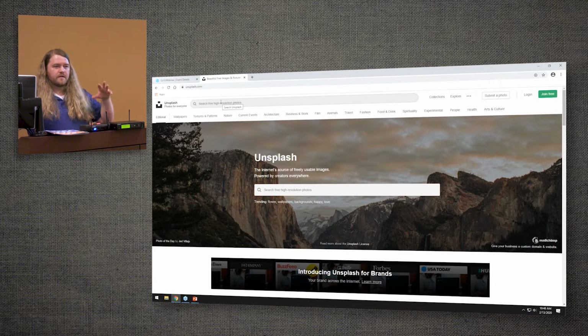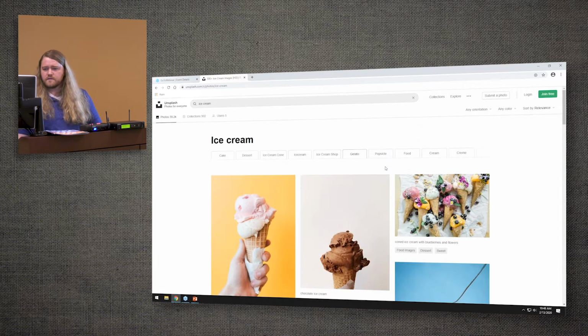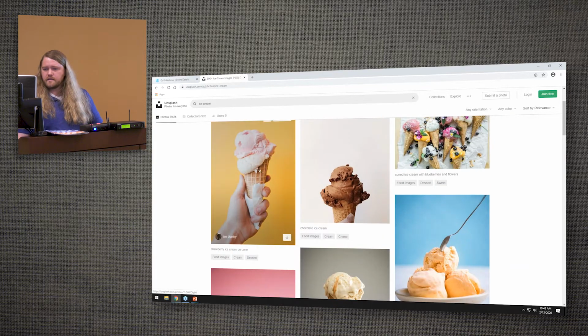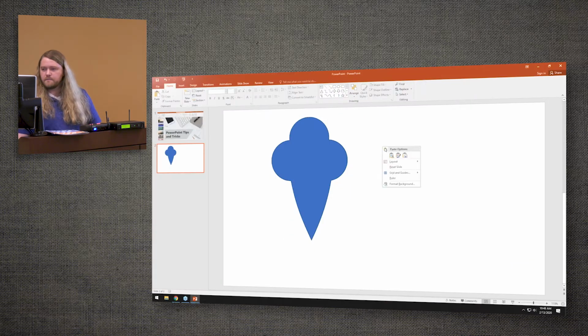Not only are they free, you can use them, manipulate them, modify them, and you can give attribution or not. It's a courtesy if you want to give credit to the photographer, but it's not necessary. You can just have these images, and you can use them in your classes. So I'm going to search for ice cream, and let's get an ice cream cone. I'm going to copy this and bring it over to